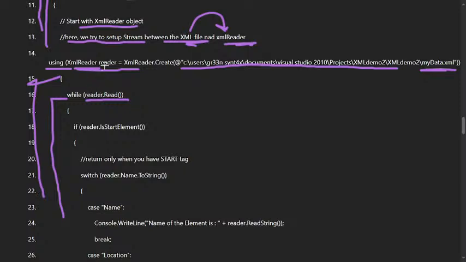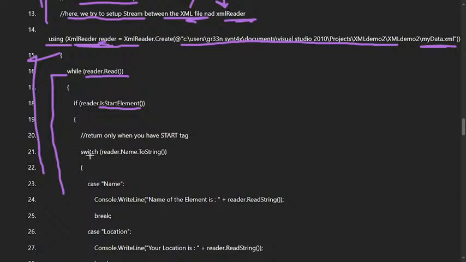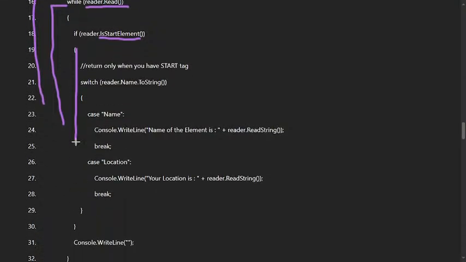While which reader? This one that we have created. Reader.read, no issue. If reader is start element, अगर reader के पास start element हुआ, then doing this thing, and this is the end of the